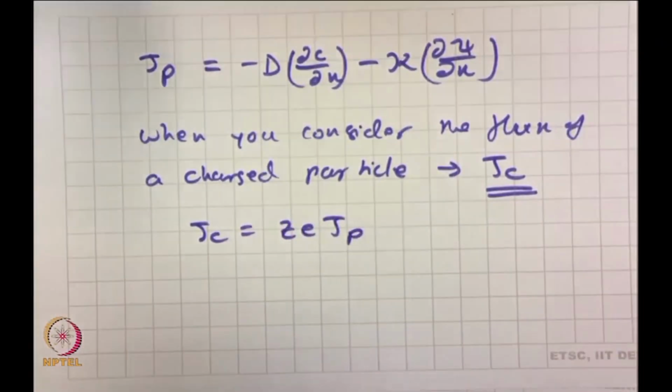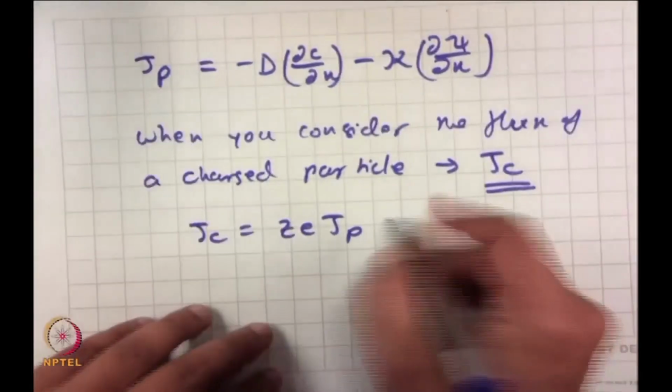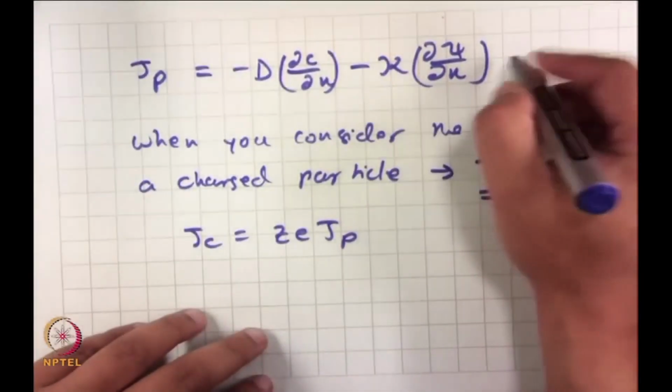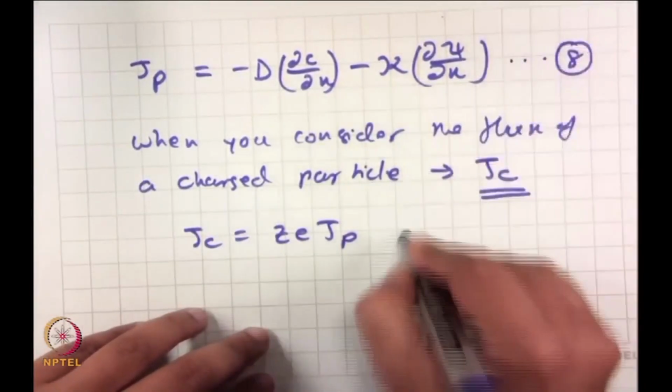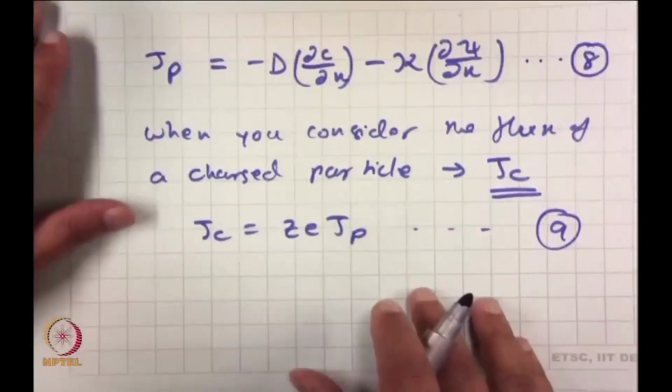J P. Why? Because if you are talking about a charged species, you have to multiply the flux by the respective charge, because this one was just of any species. Now, if it is a charged particle, then the charged particle will always be carrying this Z times E amount of charge along with it. So, the flux is a charged flux. Hence, if this is equation 8, this is equation 9, then